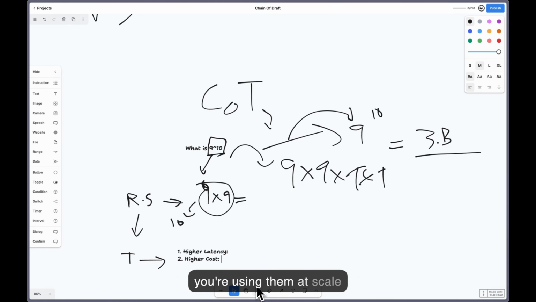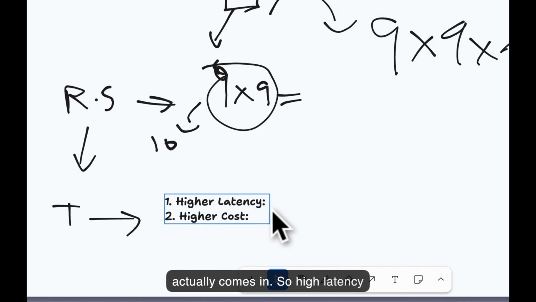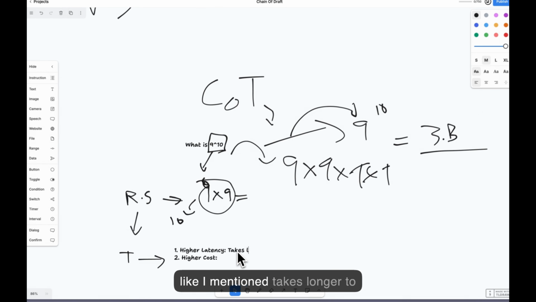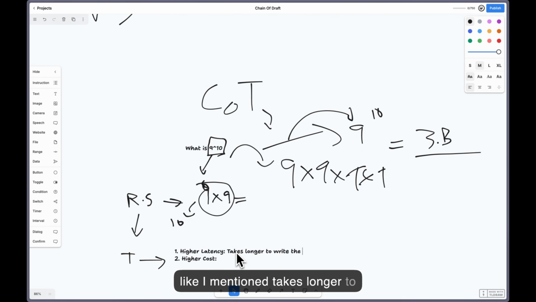And if you're using them at scale, obviously this 9 to the power of 10 was a very simple problem or a simple prompt where it probably won't even use reasoning. It'll just have a predefined answer and spit that out, right? For other tasks where it has to dig deep, where it has to actually think, that's where the higher cost actually comes in. So high latency, like I mentioned,